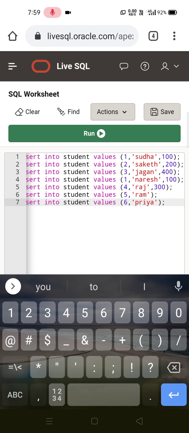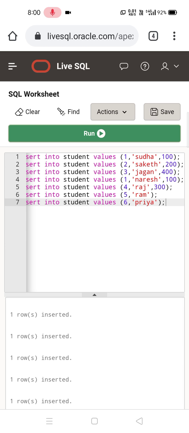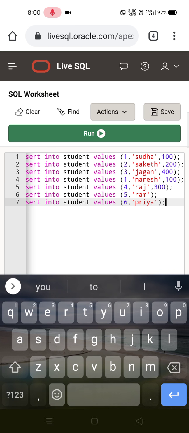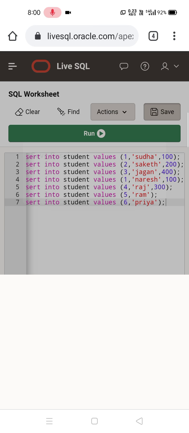So we have done all the entries, 7 entries. We can just run that script. So all the rows are inserted. Then we just save the script.